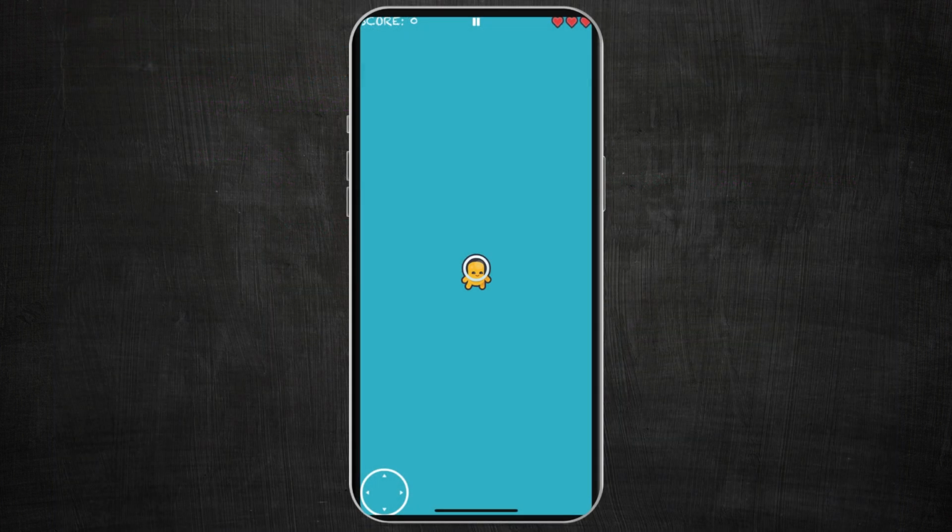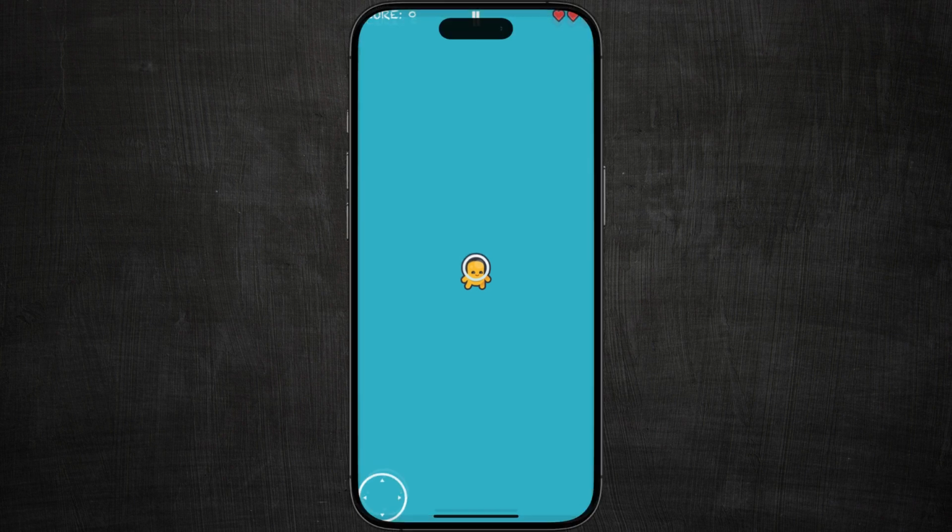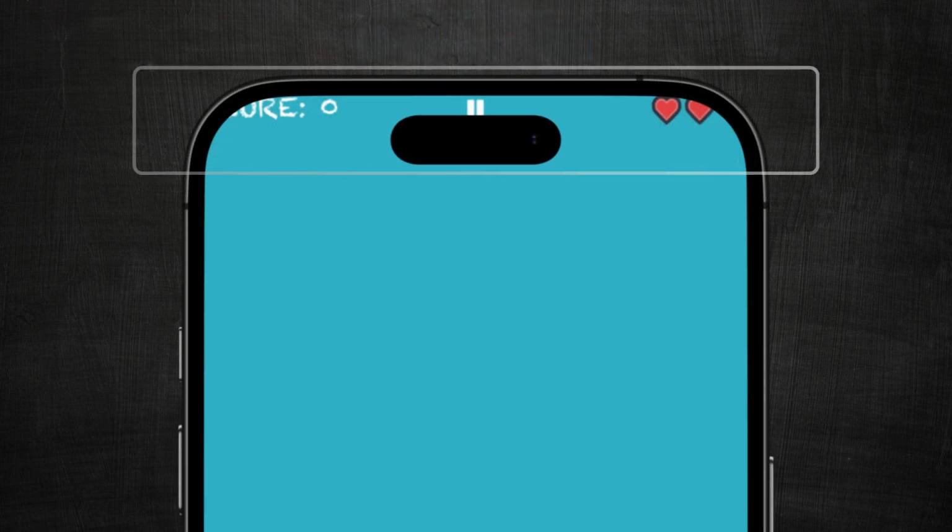Now let's take a look at how our app looks when we run it on an iPhone. All of our nodes are positioned correctly at the edges, thanks to our layoutUI method. But notice that because of the rounded corners, some small parts of the nodes might not be fully visible. It can be even trickier on a newer iPhone with a notch or dynamic island. The corners can be even more rounded, and some nodes can overlap the notch or dynamic island area. This shows why we need to account for safe edges so our UI stays fully visible and doesn't interfere with